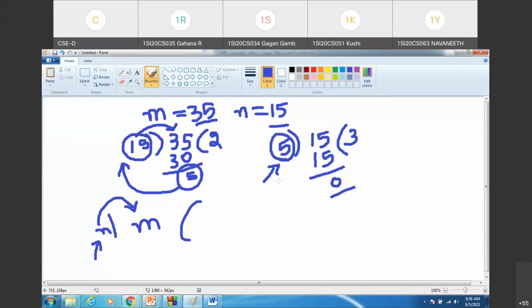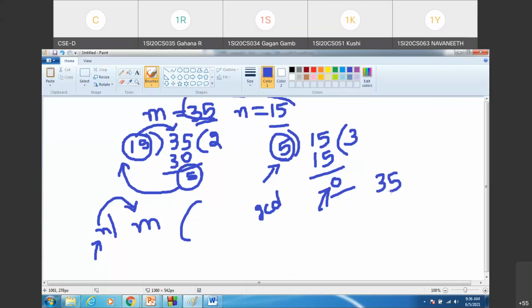So this process is repeated until you get the remainder as 0. Once you get the remainder as 0, whatever divisor you have taken will be the GCD. So once you get the GCD, it is easy to compute the LCM. You need to take the original numbers, take the product of these two original numbers and divide it by the GCD. You are going to get the LCM.